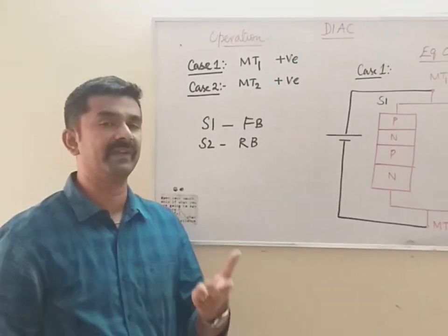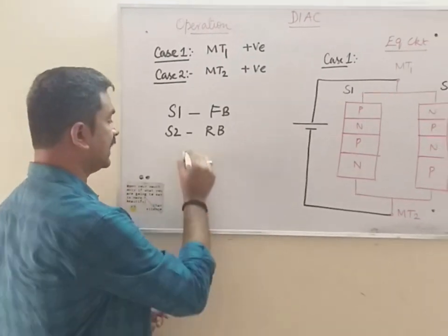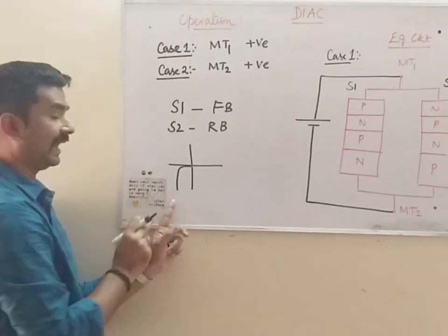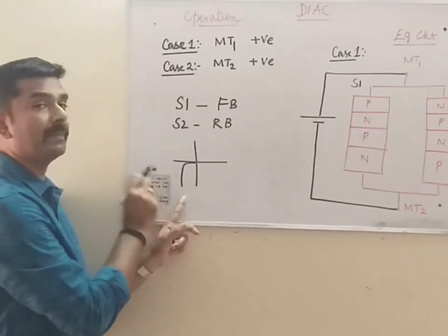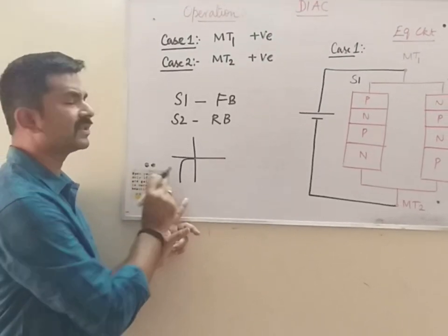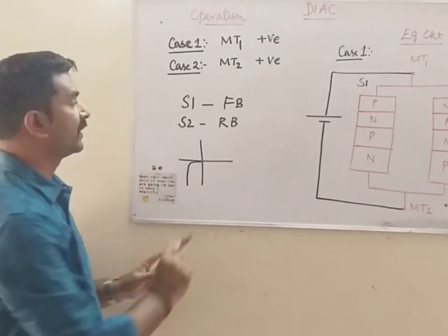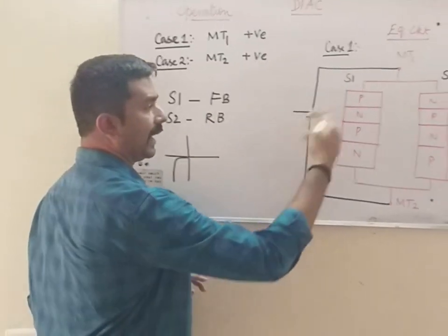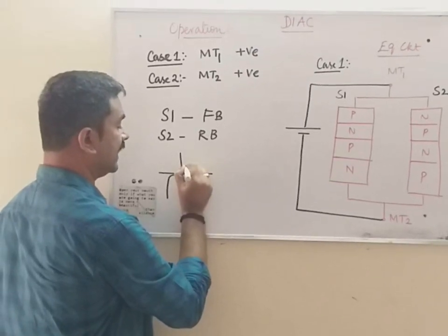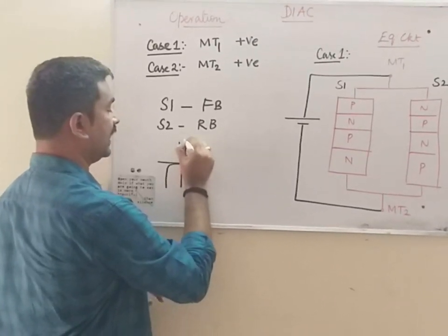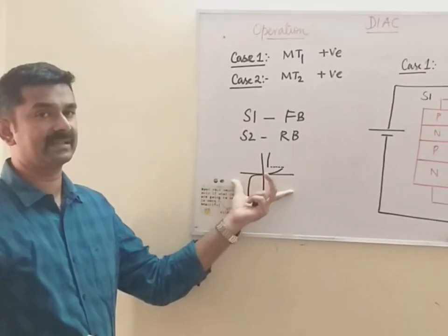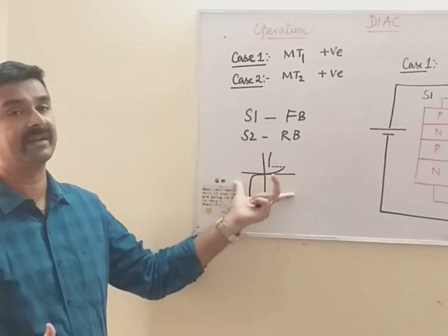And from the operation of SCR, you could notice that the characteristic curve for a reverse bias is going to be like this, where the current is going to be because of minority carriers. A reverse saturation current is going to flow, which is going to be very, very small. During forward bias, now what happens? You will have an increase in current, then a decrease in voltage, and then an increase in current. So this is how the operation is understood under SCR.